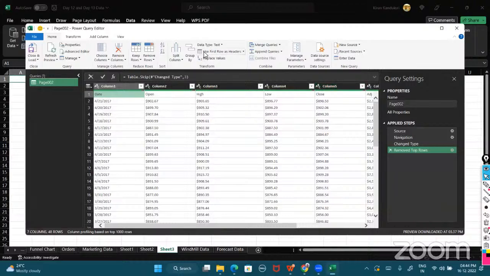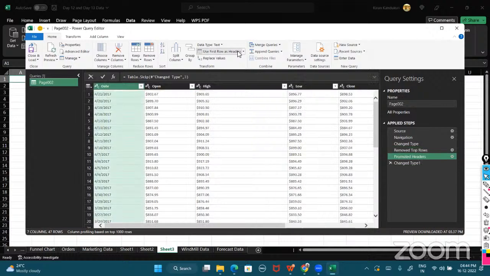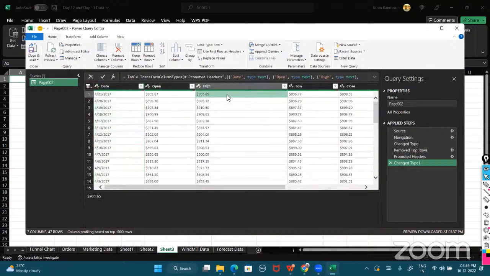So what I will do is go up here under the transform section and use the first row as headers. Now you can notice how date is the name of this column. Open is the name of this column. High is the name of this column. So a little bit of clarity is there. And